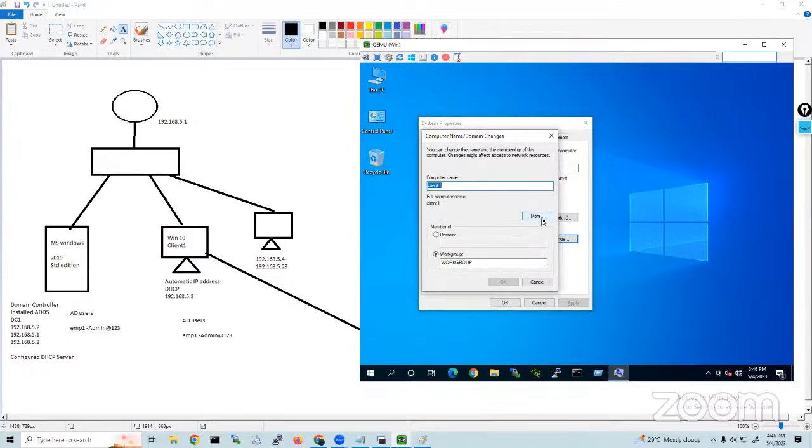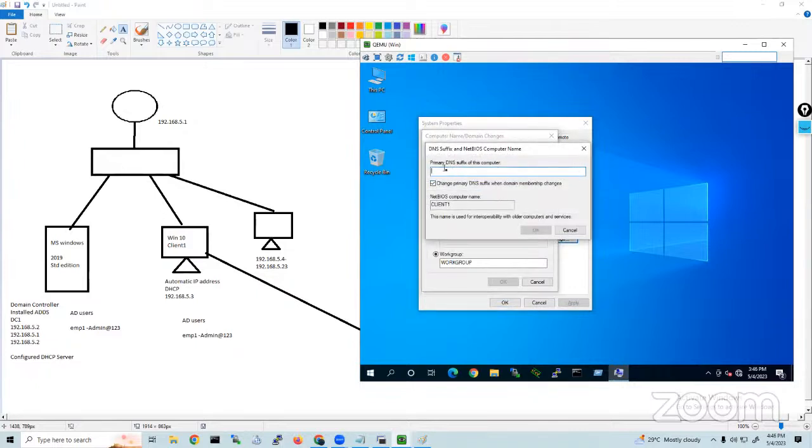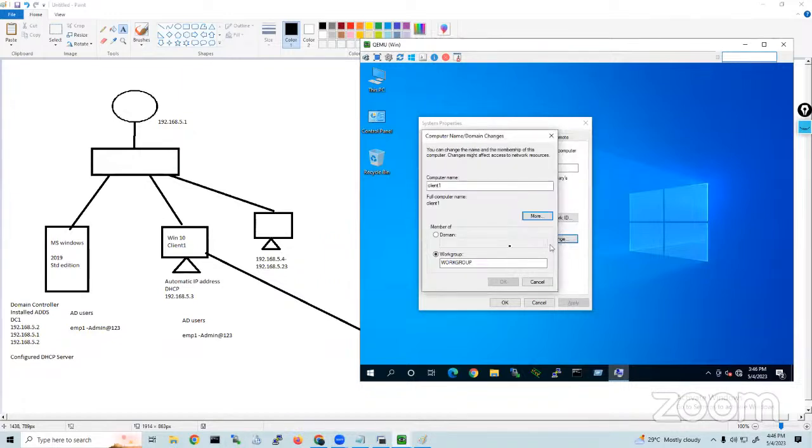And if I go for more, you can see the NetBIOS computer name, that is client one. And the default suffix of this computer will come automatically. Just check it out now. Cancel. Click on domain and provide the domain name here, that is AROUSH.tech.in,